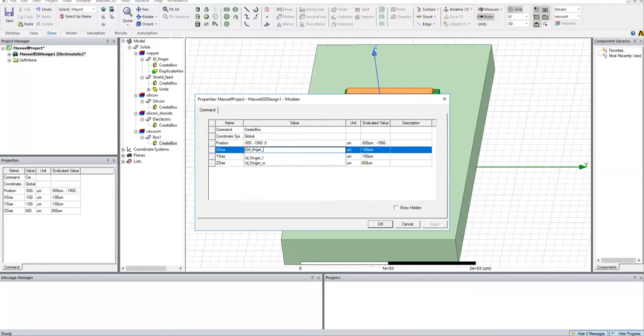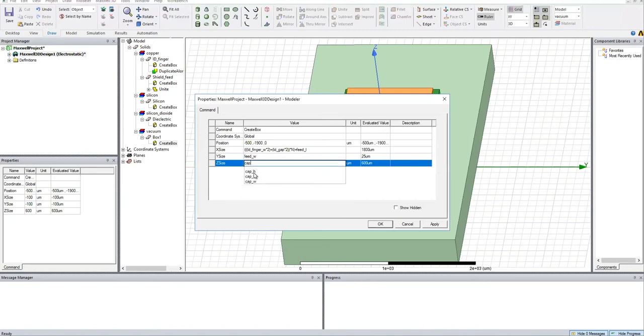Now the second step is to connect all these fingers together, and for this purpose we are going to make the IDE interconnect, which is the same as the feed line in the previous component. We adjust our dimensions and also the position.